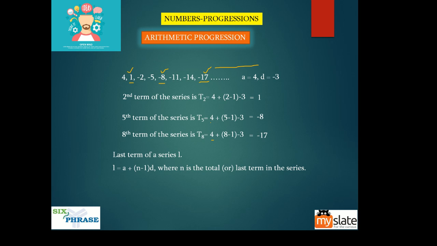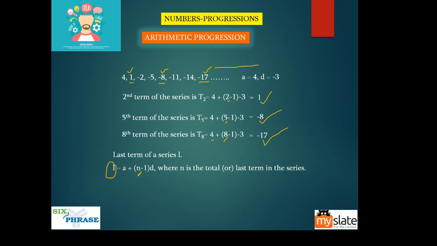This n should be the last term in the series. That is the only requirement. If n is the last term in the series, what do you get here? Whatever you get here is, see here, what is n, guys? N is 2. So what do you get here? You get the second term. Here n is 5, so you get the fifth term. Here n is 8, so you get the